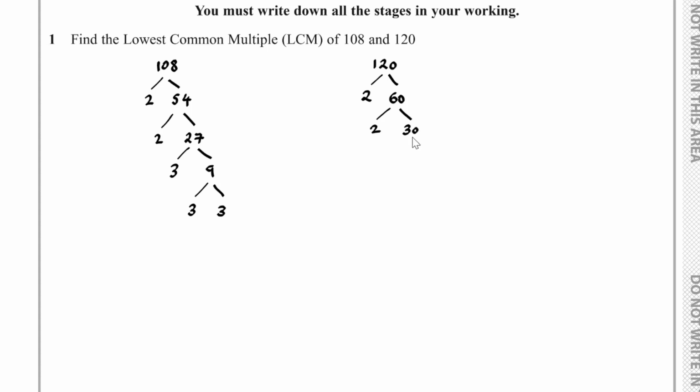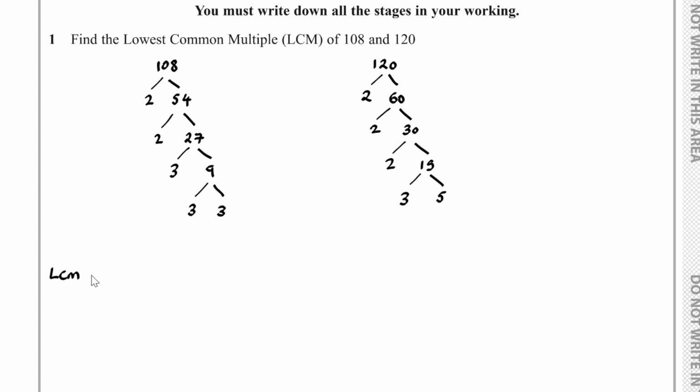2 is a prime number, 30 isn't. 30 we can split up into 2 times 15. 2 is a prime number, 15 isn't. 15 we can split up into 3 times 5. And now that we've decomposed the 108 and the 120 into their prime factors,